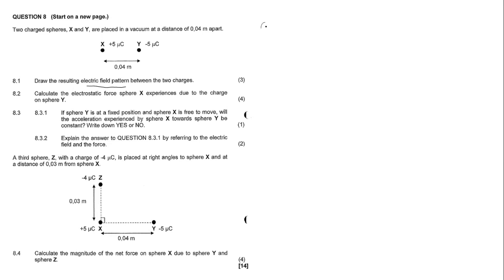So to answer question number 8.1, we're going to take electric charge X, which is, remember, positively charged. I'm just going to write it as positive, which is charge X. And I'm also going to take charge Y, which is negatively charged. And this will be charge Y. So field lines, they move from positive